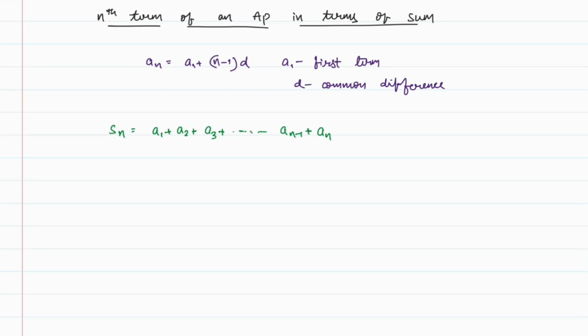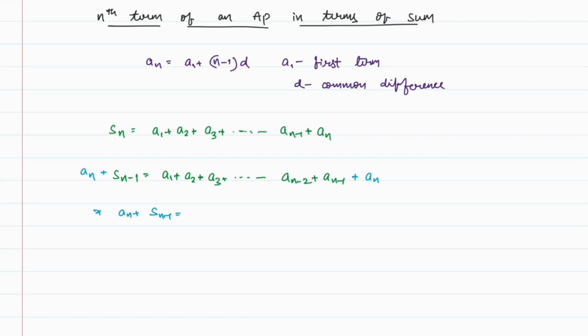Now if we take the sum of n minus 1 terms, Sn minus 1 will be equal to a1 plus a2 plus a3 and so on up to an minus 2 plus an minus 1. So here instead of going till an, I am taking only till an minus 1. Now add an on both sides. So when we add an on both sides, we get an plus Sn minus 1 is equal to